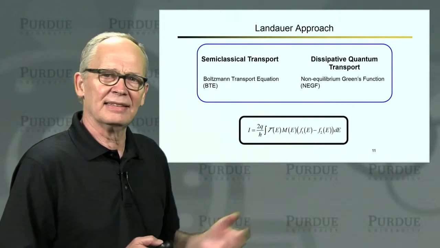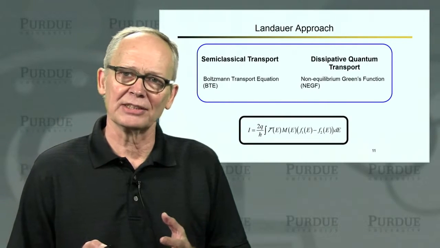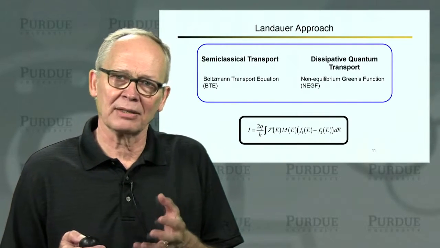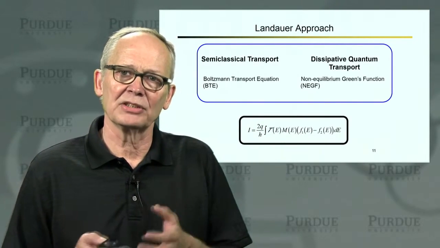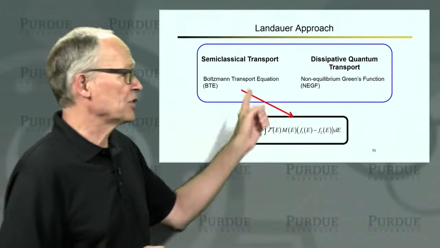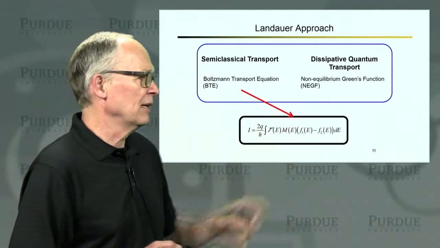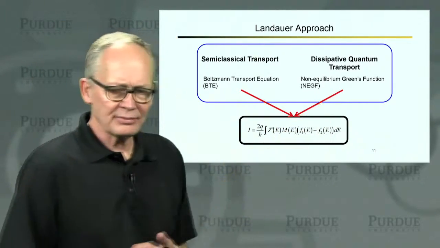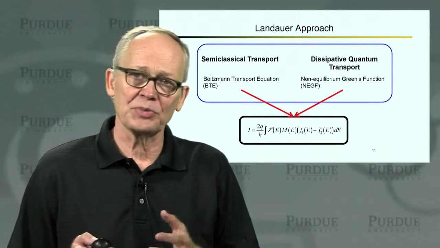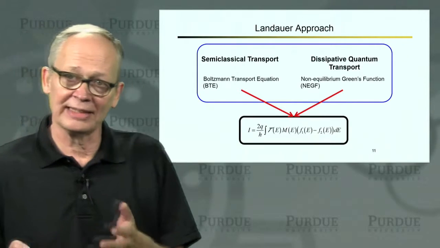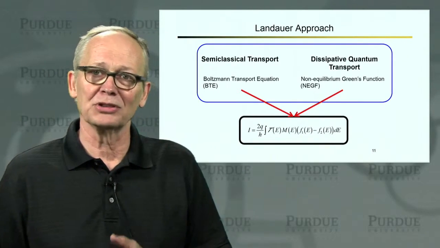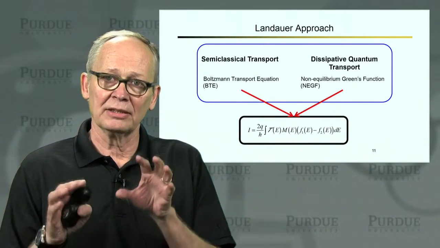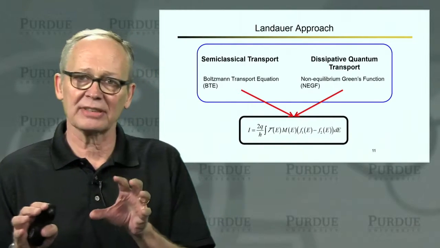It is a model that is not a replacement for detailed numerical simulations. Indeed, much of the insight and intuition that I put into the development of this model came from doing detailed physical simulations and trying to interpret them. One can actually derive the Landauer approach from the semi-classical Boltzmann transport equation. One can also derive it from a more rigorous description of dissipative quantum transport. So, for example, the non-equilibrium Green's function approach is widely used these days. And this provides a clear connection of this simpler model to these more detailed, rigorous microscopic models.